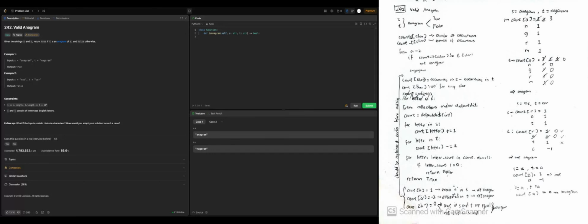So count equals defaultdict of integer, and then we are gonna go through characters in